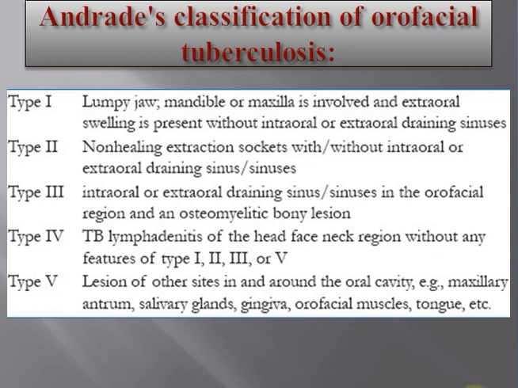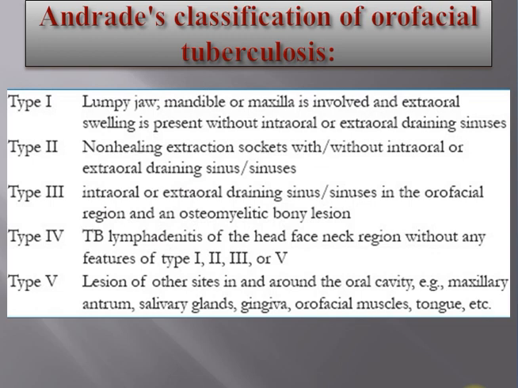Orofacial tuberculosis. Oral tuberculosis can be primary or secondary. The primary form is rare and more commonly found in children and adolescents. In contrast, the secondary form is more common and is usually seen in middle-aged and elderly patients. Orofacial tuberculosis can involve any site of the oral cavity and the associated structures such as the tongue, palate, lips, oral mucosa, jaw bones, sinus, cyst, and temporomandibular joint.